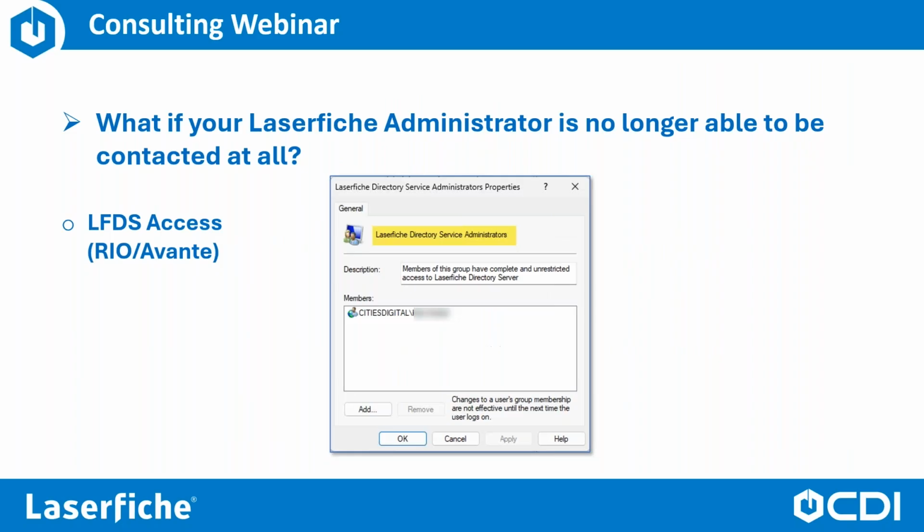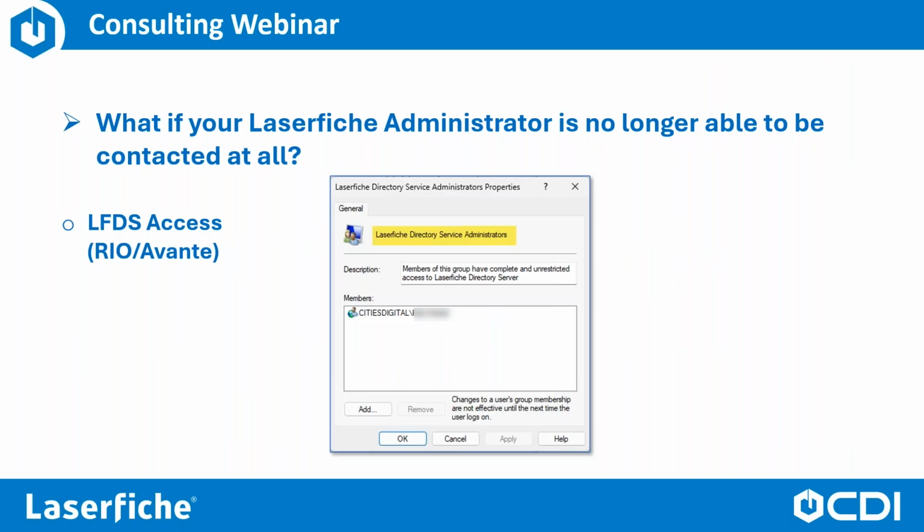Also, a user could be added to LFDS so that they can create accounts as well for new accounts. The admin usually has access in LFDS, but in order to hit the LFDS website, you need to be added to a special group that's on the Laserfiche server on which LFDS is installed. And in the users and groups management node for that server for Windows, and this is a Windows group, not a Laserfiche group of any kind, go ahead and add those Windows accounts.